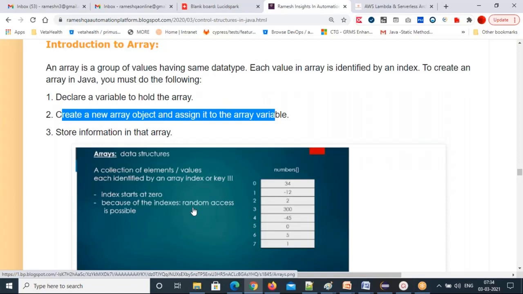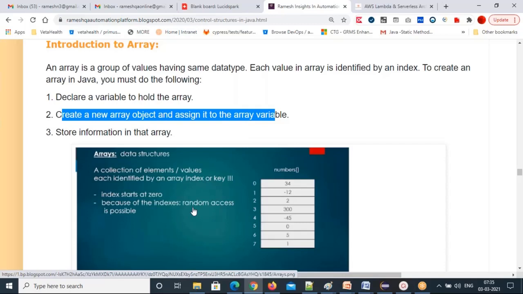Why are we calling it static? The array size doesn't change once you assign the size. Similar data type elements you can store: in an integer array, only integer values; string, only string values; character, only characters; float, only floating values; double, only double values; or objects, only objects. That's the advantage of this array concept.